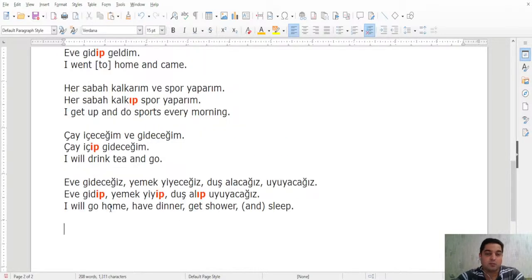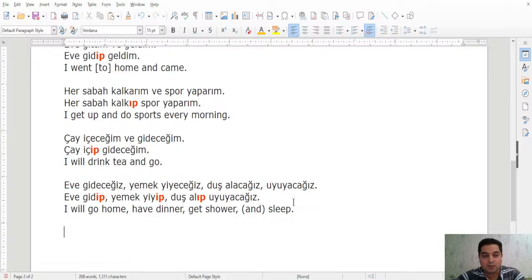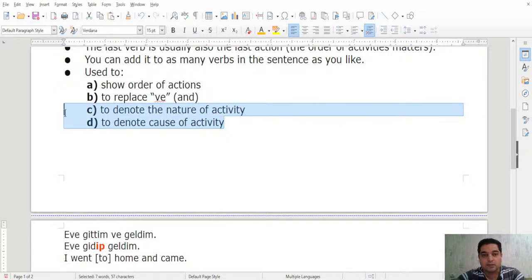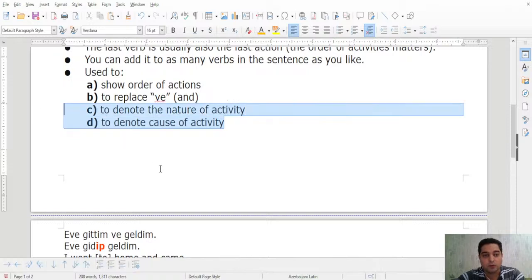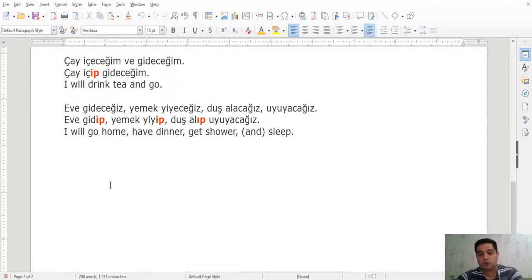That is basically how we do it. Let me see if we have any other example. No, I don't have any more examples, but usually, I didn't show you examples of what? This is the order, right? This is denoting the order. We know in which order the activities happen. Therefore, we covered these two purposes. What about the other two purposes, where you have the nature of activity and the cause of activity? Let me give you two examples for those. Let's start with the third one, denoting the nature of activity. How can you denote the nature of activity using this structure? So you can say, for example,